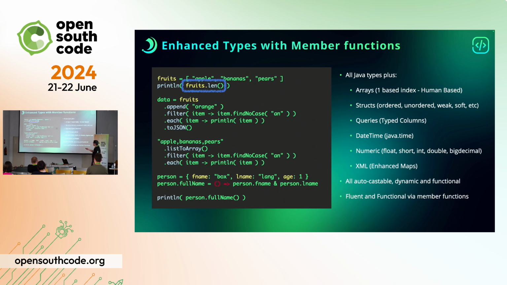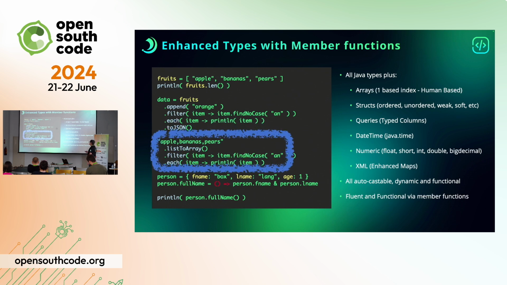So you can see here, for example, I declare an array just like this. I say fruits equals an array. That is an assignment. I don't have to specify that it's an array; by the value, I infer it. I can even print it by saying, give me the length of the fruits. But I can get more functional.